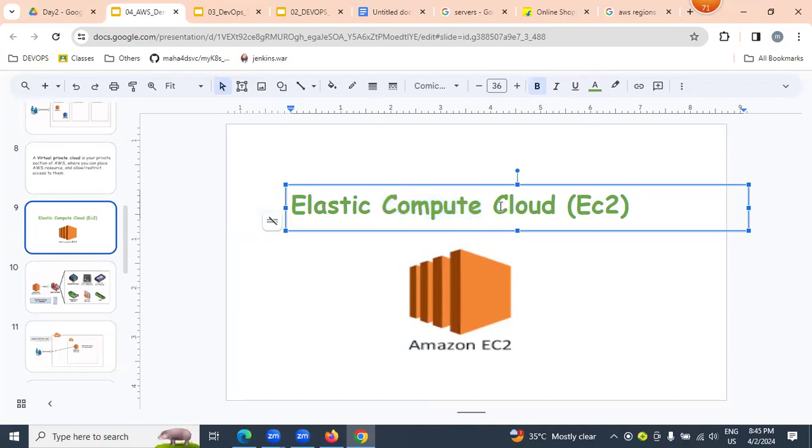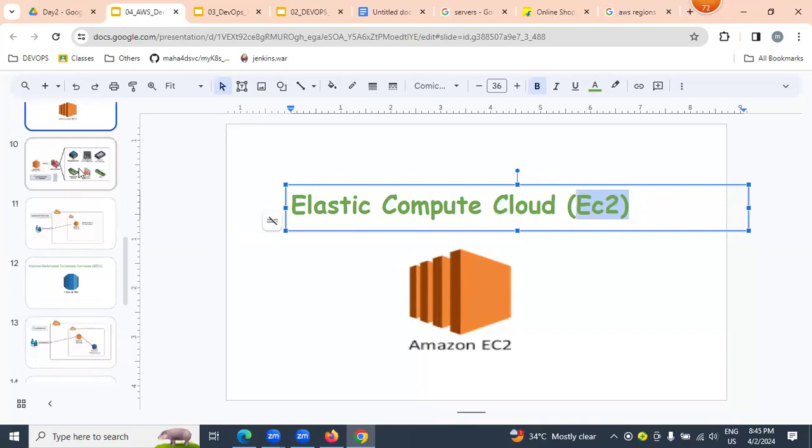If we can access this computing power over the internet, that is, the cloud, in a flexible manner, increasing and decreasing, from a remote place, it is nothing but EC2: 1 E, 2 Cs. That's what we call EC2.